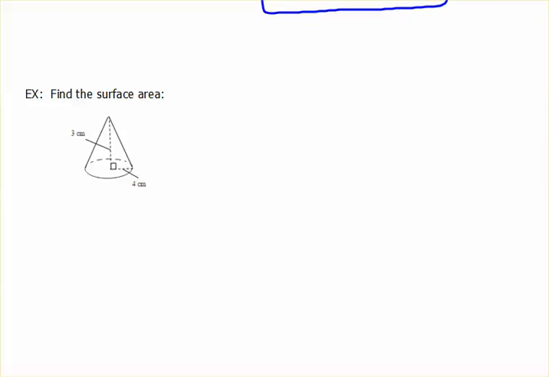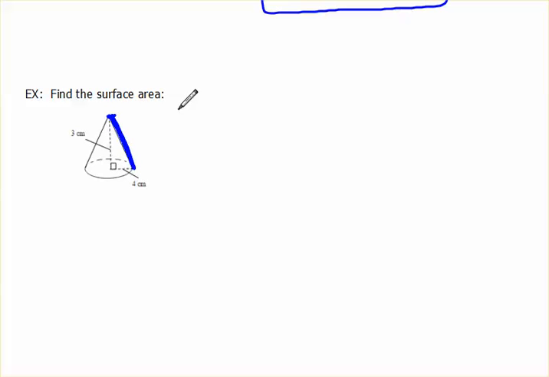And then lastly, we have our cone. And in order for us to find the surface area of the cone, we have to know this side here, because this is going to be our height of our cone, not just straight up and down from the middle, but along the side here. So we need to figure this out first. Well, if you'll think about it, what we have right here is a right triangle that's formed by that altitude and that